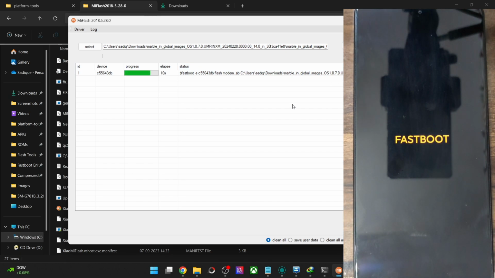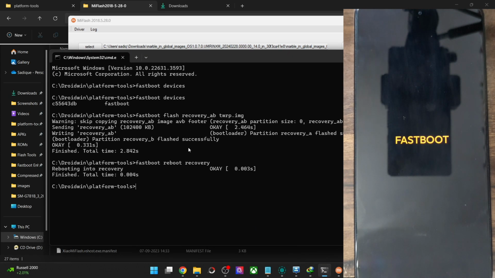If you want to access the fastboot mode from the boot loop state, then press and hold the power and the volume down keys. If you want to access the recovery mode from the boot loop state, then press and hold the power and the volume up keys. But if you don't have any recovery, then use the power and the volume down keys to access the fastboot mode and then use the fastboot flash command or the fastboot boot command to boot to the recovery,